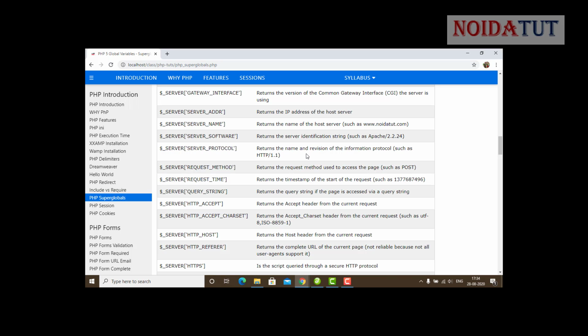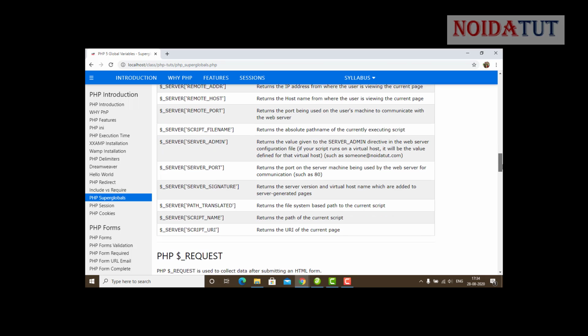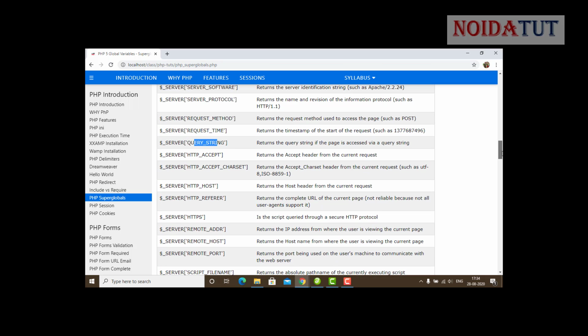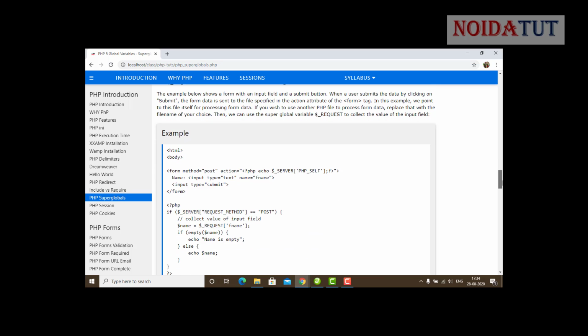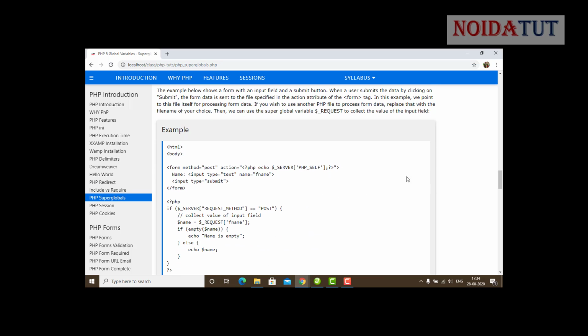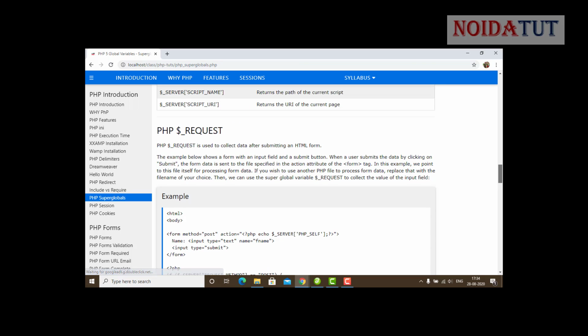Server protocol returns the name and revision of the information protocol. Request method returns the request method used to access the page, such as POST. That means whether we have used the POST method or the GET method. Request time, query string. There are so many superglobal variables which we have used. Now let us try to run this program.